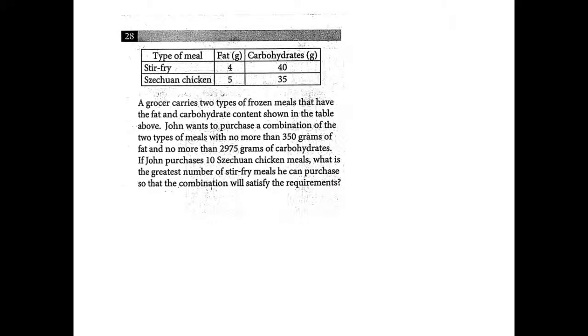A grocer carries two types of frozen meals that have the fat and carbohydrate content shown in the table above. John wants to purchase a combination of the two types of meals with no more than 350 grams of fat, so we can say F is less than or equal to 350, and no more than 2,975 grams of carbohydrates. So carbohydrates are less than or equal to